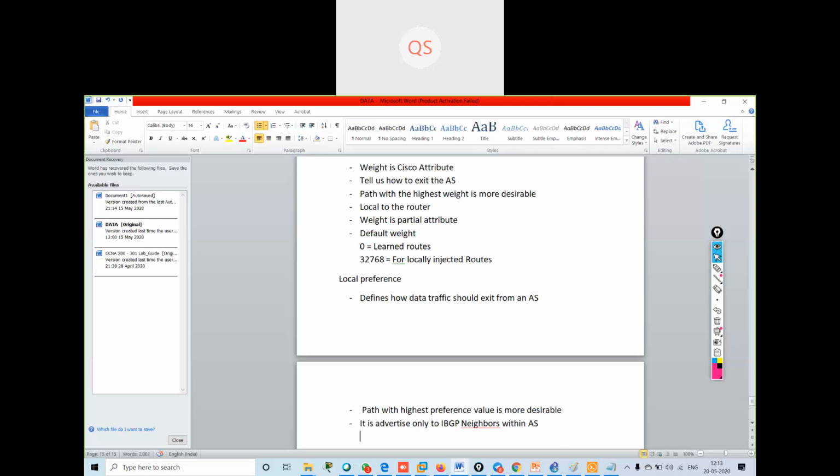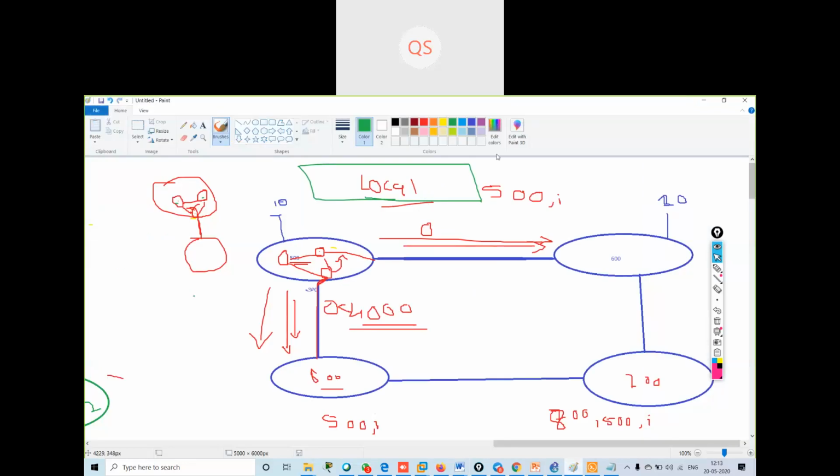So it will advertise only to IBGP neighbors within the AS. As I gave you the example, the border router will not advertise the information of the best route. Suppose I have two exit paths. This is one exit path, and this is another exit path.